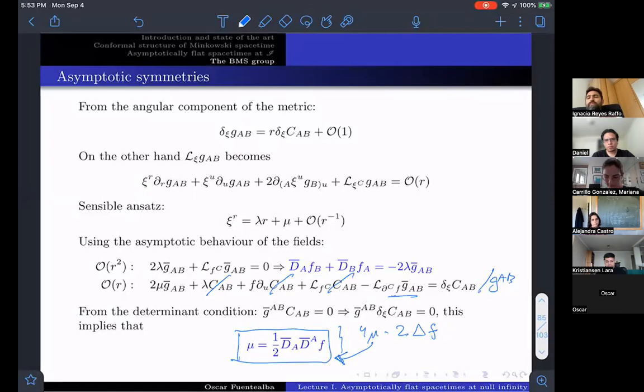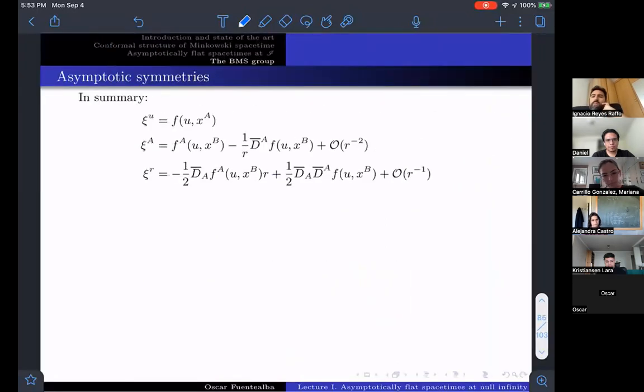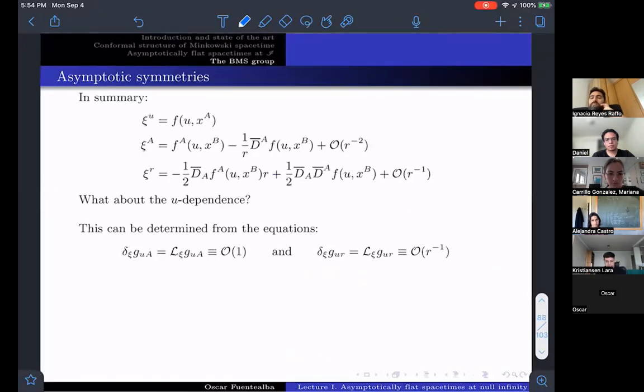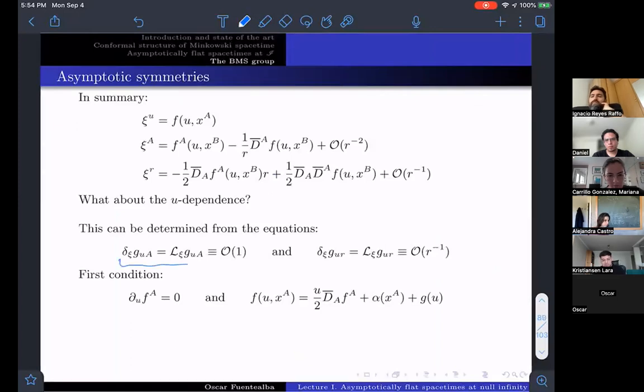So we completely determine the asymptotic behavior of the radial component of the vector field, and we obtain this result. Now, what about the u dependence? Well, for that, we have to go to the remaining components of the metric, and we can easily find that from this condition,